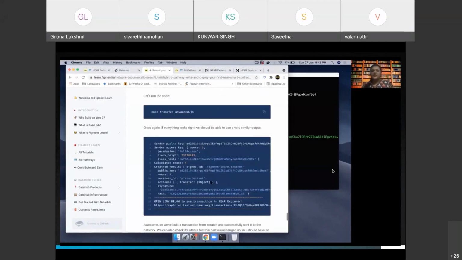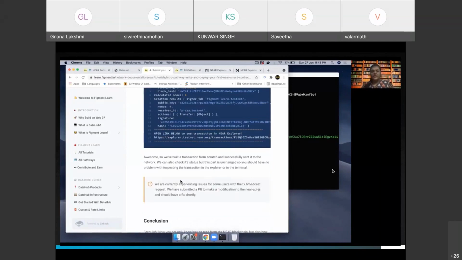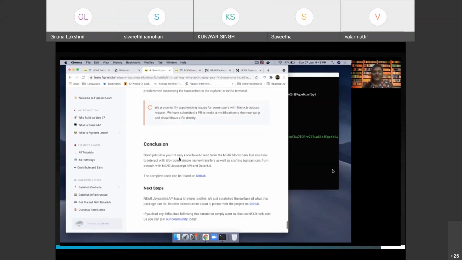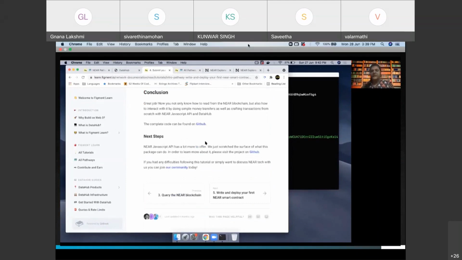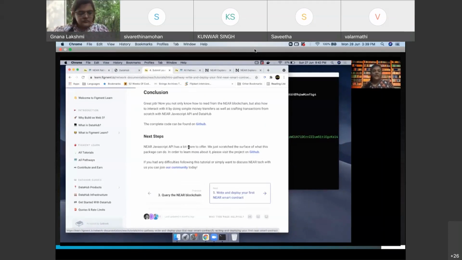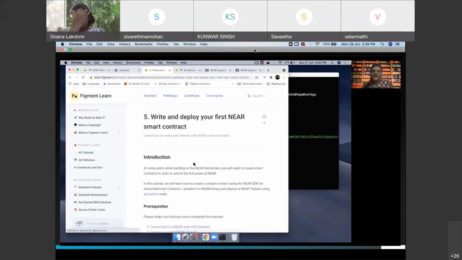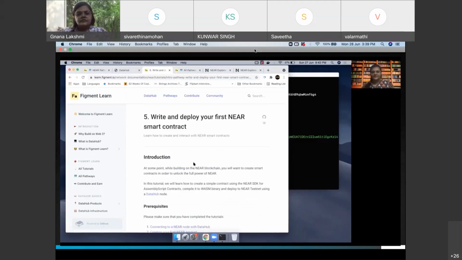We don't have to look into it right now because we are just going to conclude here. The writing and deployment of our smart contract we'll be doing soon, using the NEAR CLI and other things. So if you are interested, you can of course go to this as well, check out what is happening, and then take a look at how the smart contract is written and try this out at your own leisure time.